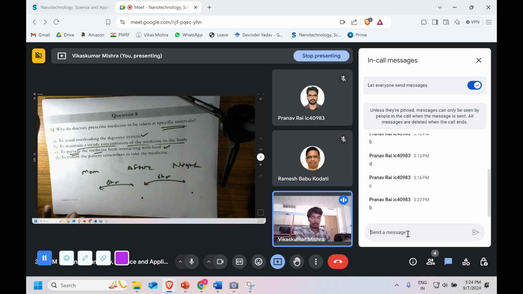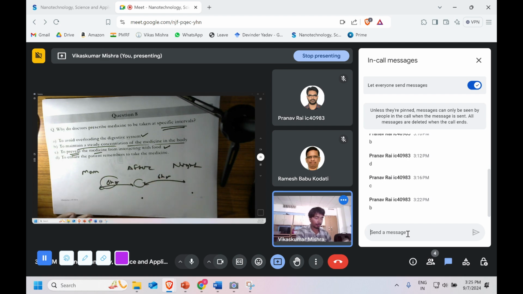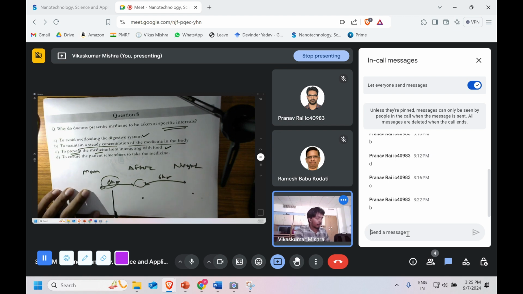No, the last answer is obviously not the right answer, because they are telling us to take it at this particular time, and this particular time, and this particular time, and they specify the times so that the patient shouldn't forget. Now, what we have learned in the class is that whenever we consume some medicine,